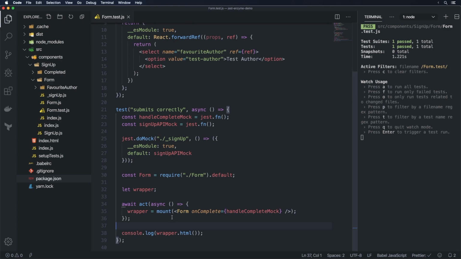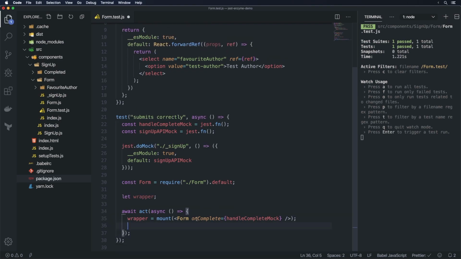So now we have this part here, and we have our amount, and you'll notice that our HTML output is also correct, but now it doesn't show that anymore, which is kind of annoying. So I guess you win some, you lose some. Anyways, we've got our wrapper here, and what we're gonna do inside of this act whilst we're still here